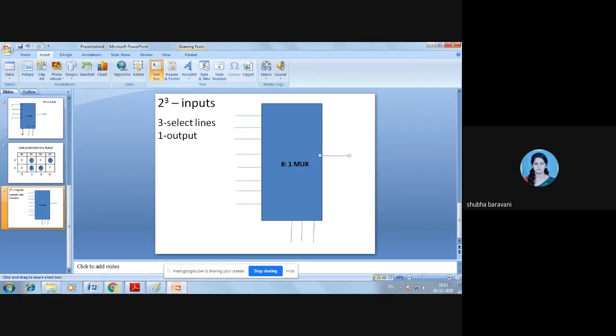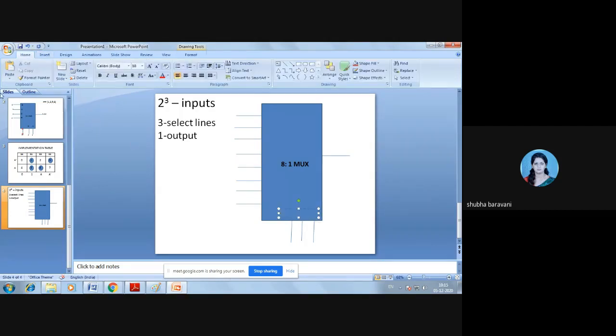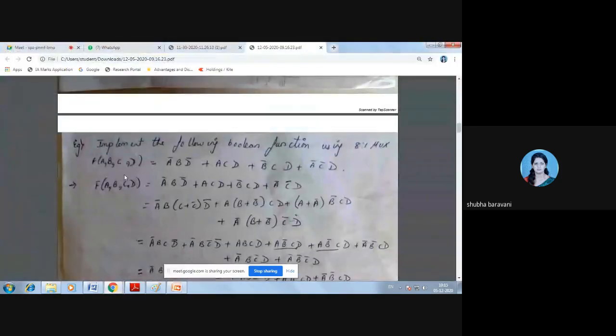Now how do we do the select lines? Select lines are S0, S1 and S2. We need 3 select lines now. So these are my 3 select lines. Okay, from this, which variables shall I connect to the select lines?